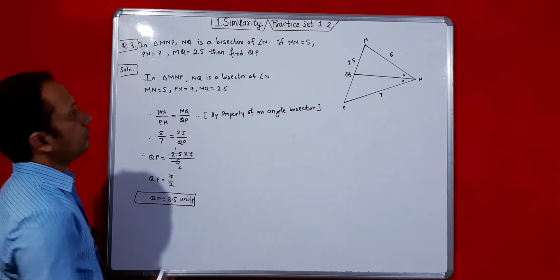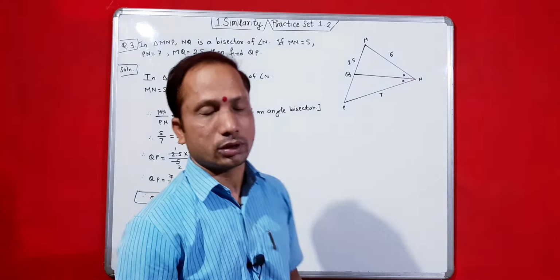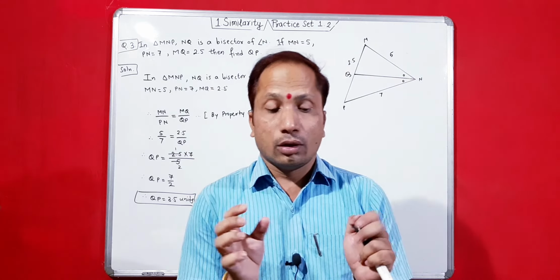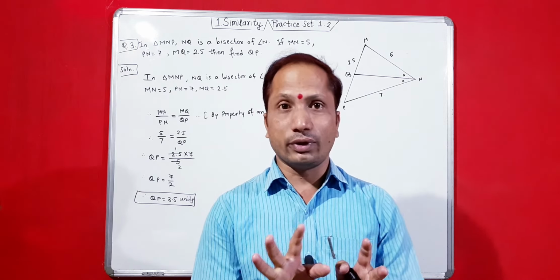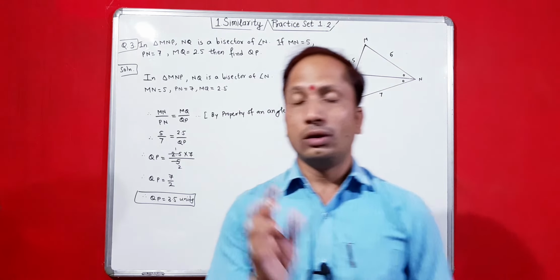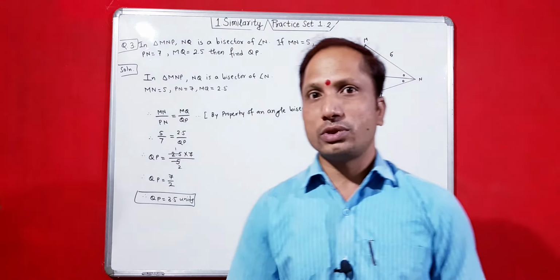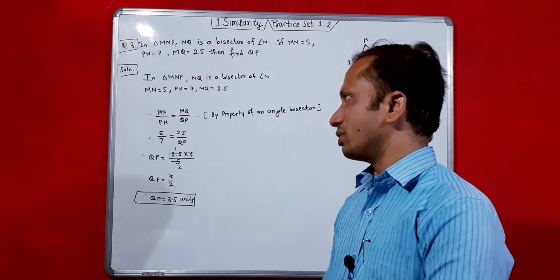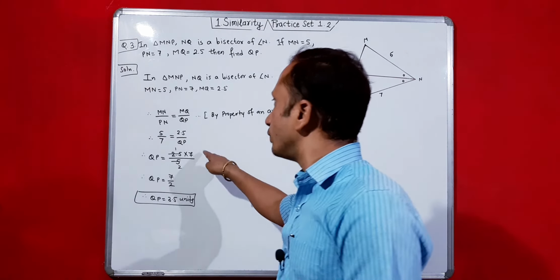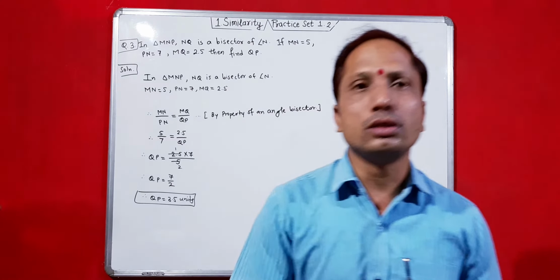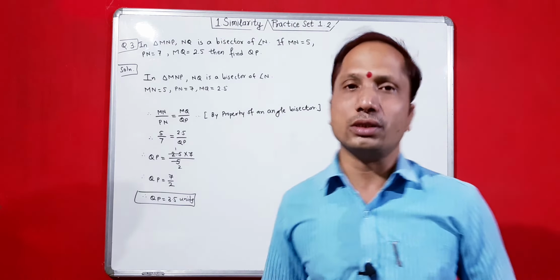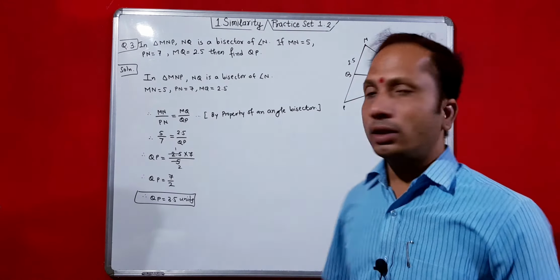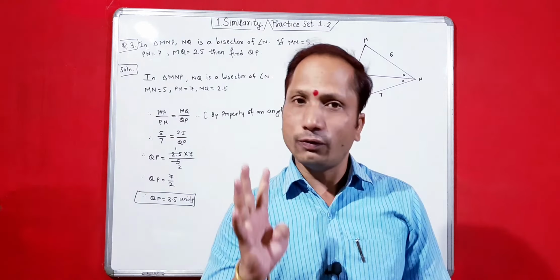In this way you have to do the calculation, but during the calculation do it very slowly and very correctly. Once you make any mistake, your solution will be wrong, but there are no real chances of a wrong solution, because these type of figures are very small and you can easily calculate and get the solution. So this is problem number 3. We have solved it, and now we are going to solve problem number 4.